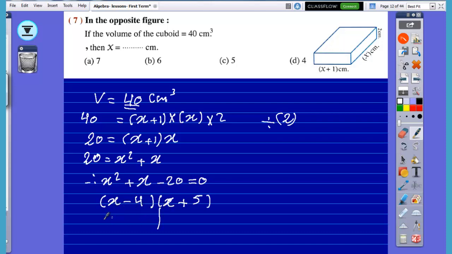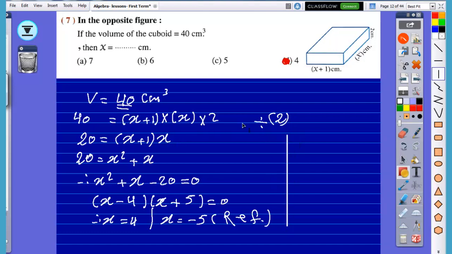x minus 4 equals 0. It means x equals 4, x plus 5 equals 0. It means x equals negative 5, and this solution is refused because x is a length of this dimension. So the right solution will be 4, and we can check it, of course,